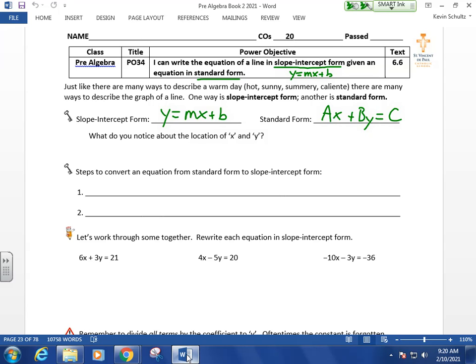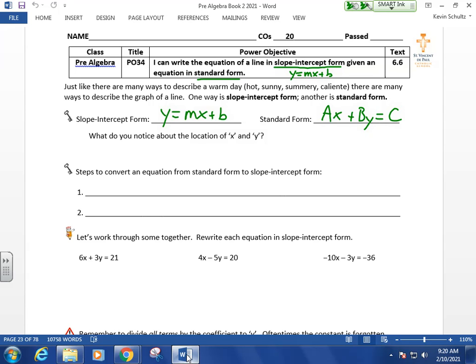And one thing I want to point out here is that this capital B in standard form is not the same thing as the lowercase b in slope-intercept form. That's why one's capitalized, that's why one is lowercase. This lowercase b has a very specific purpose, right? It's the y-intercept of the line that we're going to graph. This a, b, and c here just represent numbers, right? So we have some number a multiplied by x plus some number b multiplied by y equals some number c,